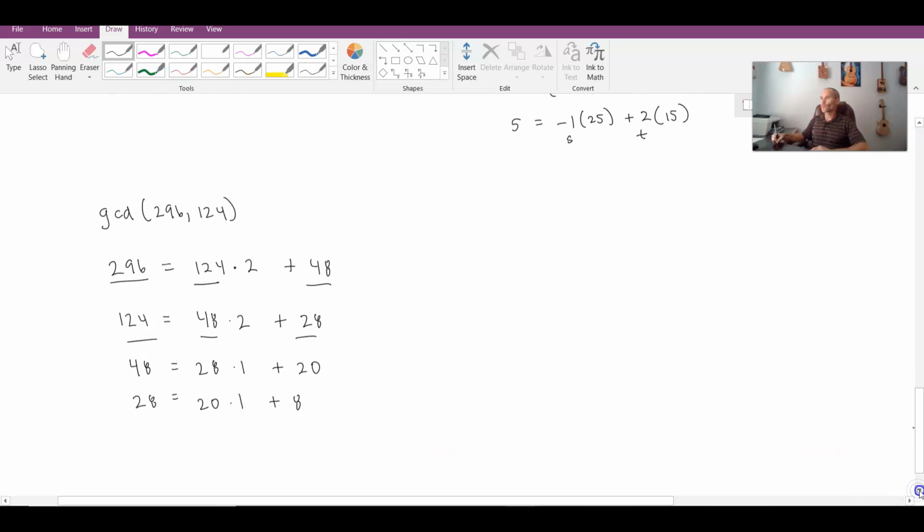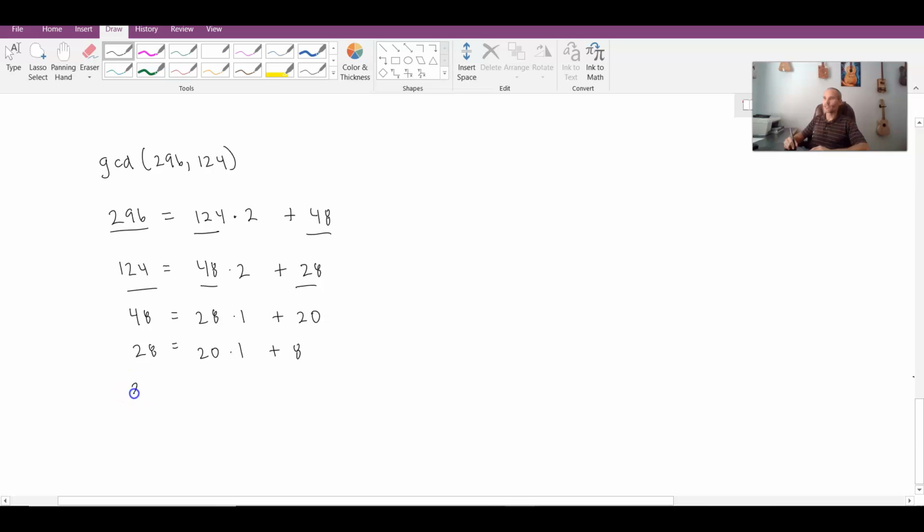And next we can look at the GCD between 20 and 8. 8 goes into 20 2 times, leaving a remainder of 4. In our final step, 8 is 2 multiples of 4 plus a remainder of 0, and so we know that our GCD is 4. So I have 1, 2, 3, 4, and 5 equations here that are going to need